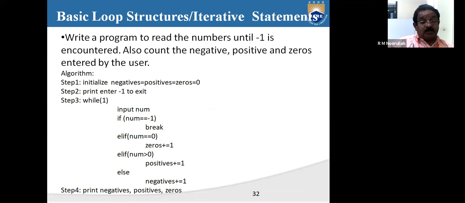The user may directly enter the number as -1, then it will come out of the loop. The user may give 100 times and then on the 101st enter -1, then it is going to be repeated for 100 times. If the user gives 10 times and then gives -1, then it will